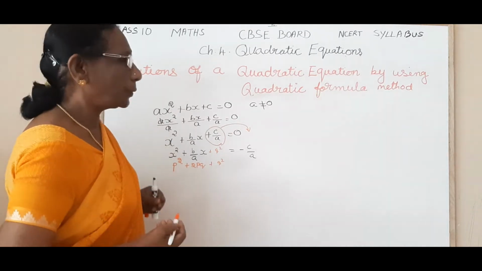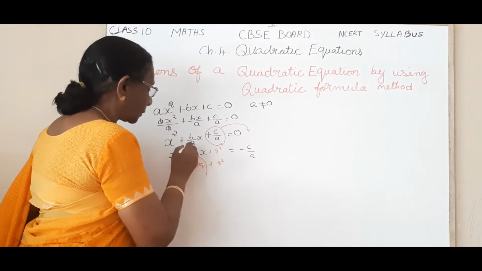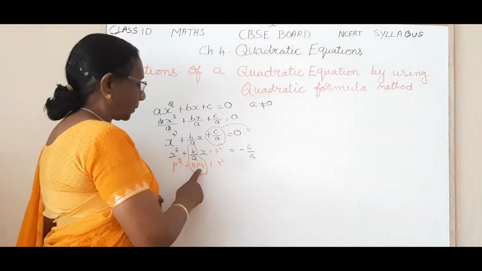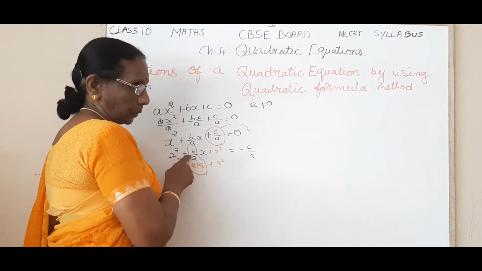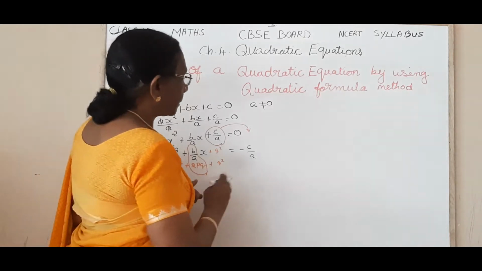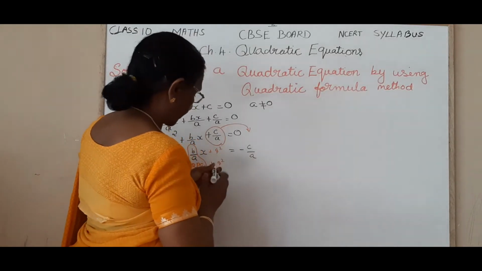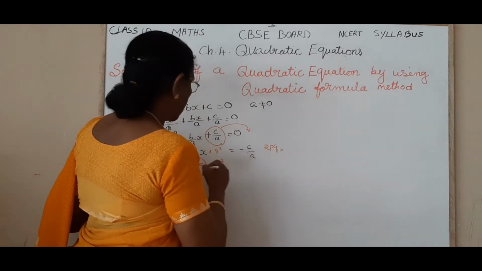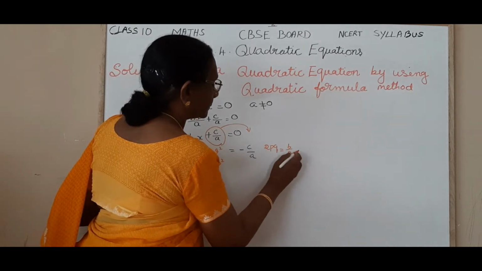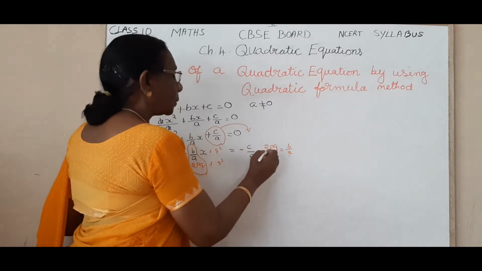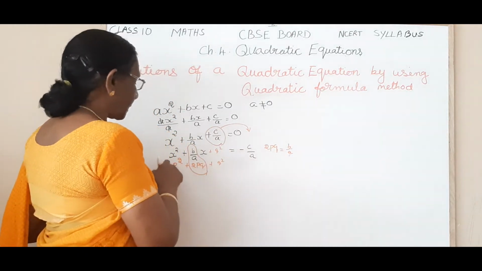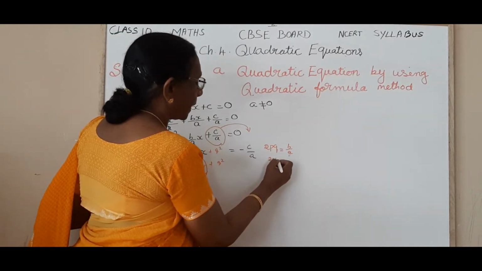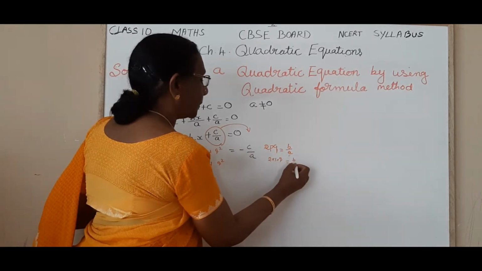Okay. So how to find that? So let us equate these two. What are we going to equate? We are going to equate this 2pq. Here we are going to take this as 2pq. Okay. So 2pq is equal to b by a. You know the value of p. P is what? X square. What is the coefficient of x squared? 1. So, 2 into 1 into q is equal to b by a.